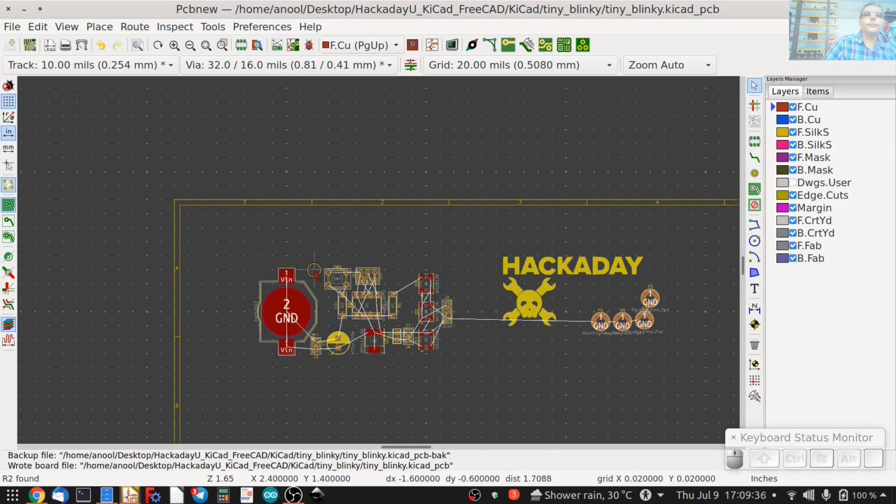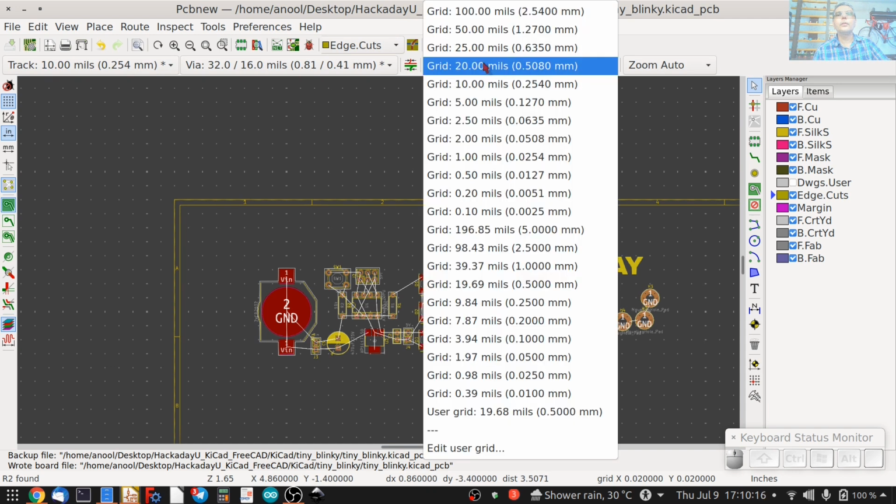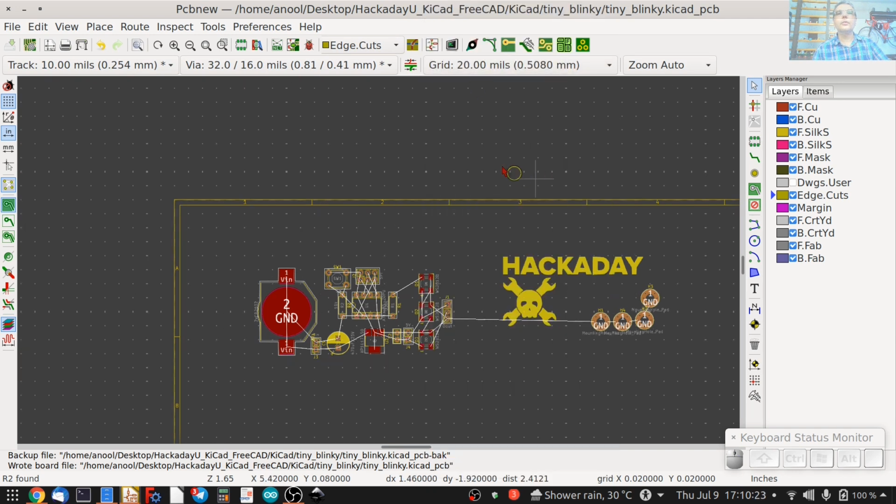All right, so that's most of the parts located. Let's save this board. We now only have the 4 mounting holes and the 2 logos to be placed, so we can worry about that a bit later. It's probably time to make an outline for this board first. To draw the outline, we have to select the edge cuts layer, and like I said, make sure that you are at a pretty coarse grid. And the next step is to select the add graphic lines toolbar icon that lets you draw the edge cuts.